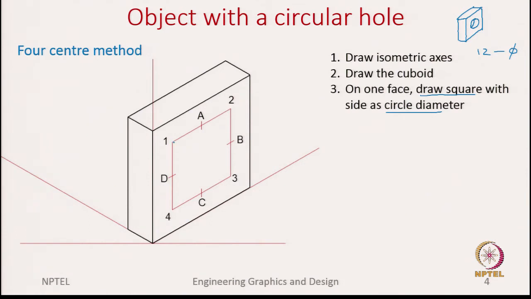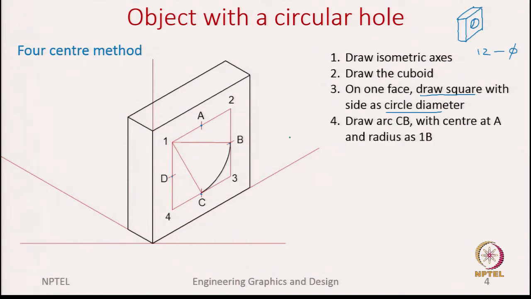So, the points 1, 2, 3, 4 capture the square, and I have also captured the midpoints of the square, which are these points A, B, C and D. Okay. Now, we join point 1 to points B and C. The reason we do it is that we need to measure this length from 1 to B, as the arc radius, and using a compass we draw an arc now.